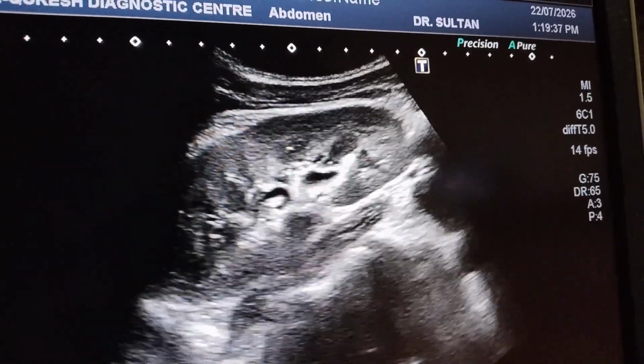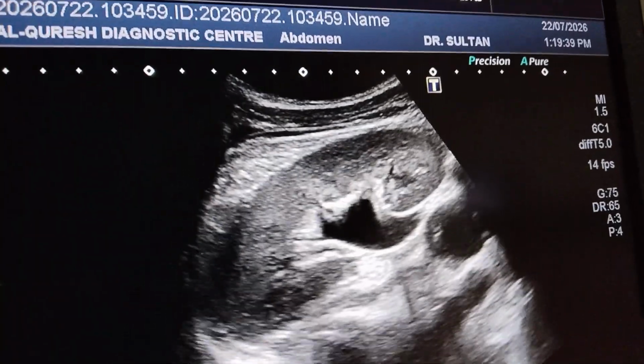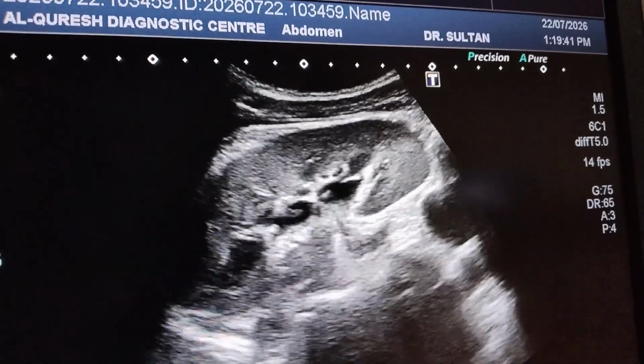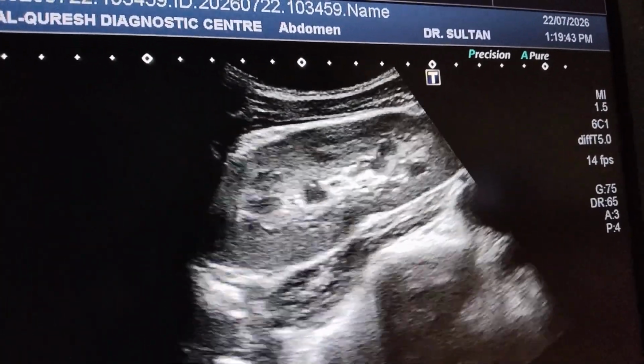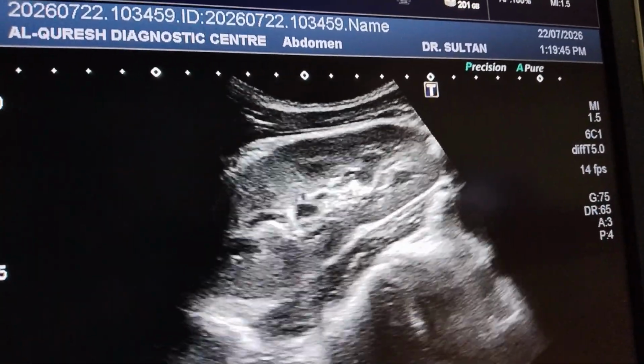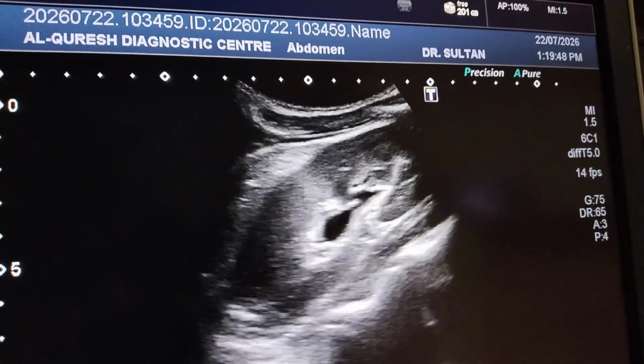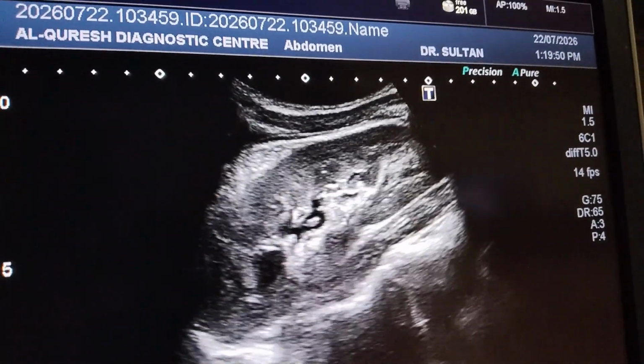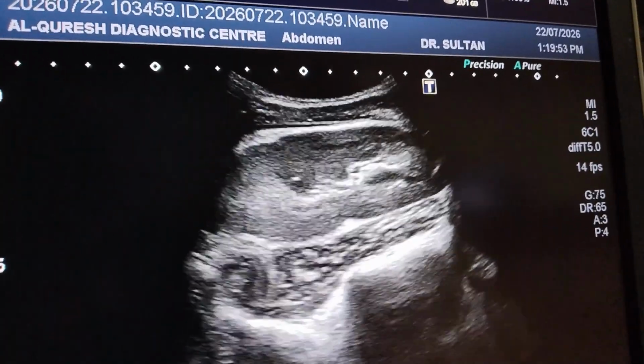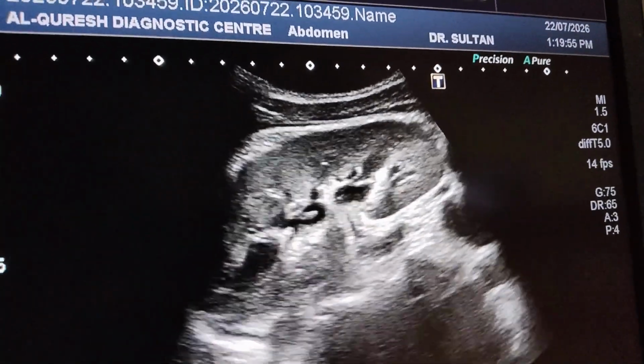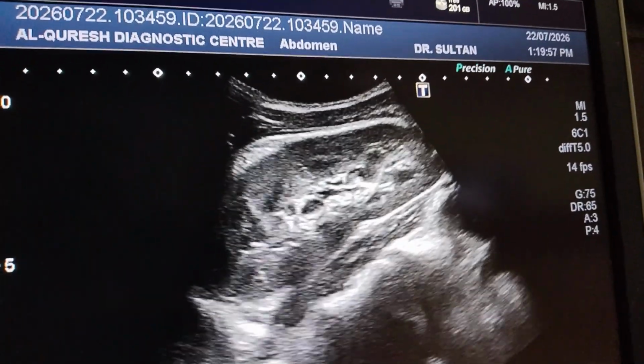Then we can say that it is a tiny stone. While when we move the probe in different directions, longitudinal, transverse, angling, tilting, focusing on that echogenic area, then